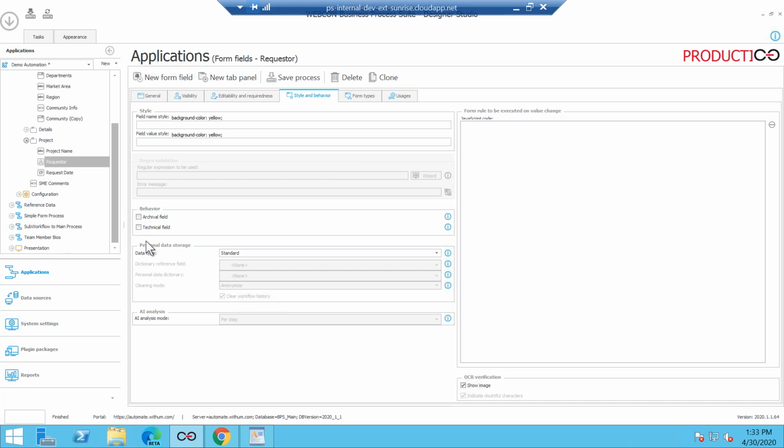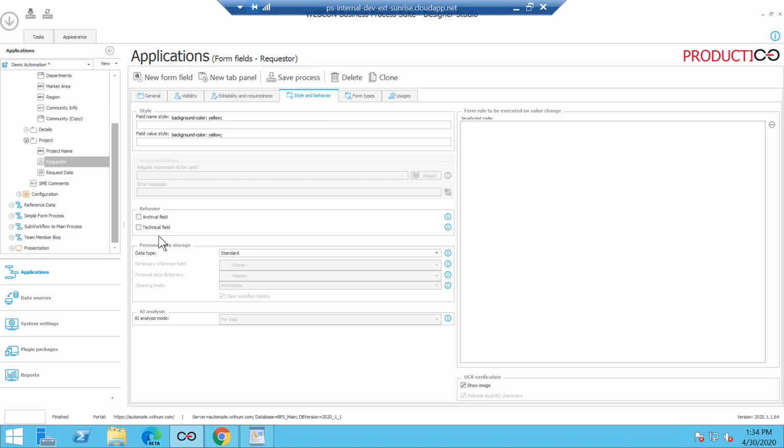I want to point you to these 2 fields and how much I love them. The technical fields are fields that you need on the form, but not really be visible, but to store information for back-end processes. By making it a technical field, you're not doing anything more.